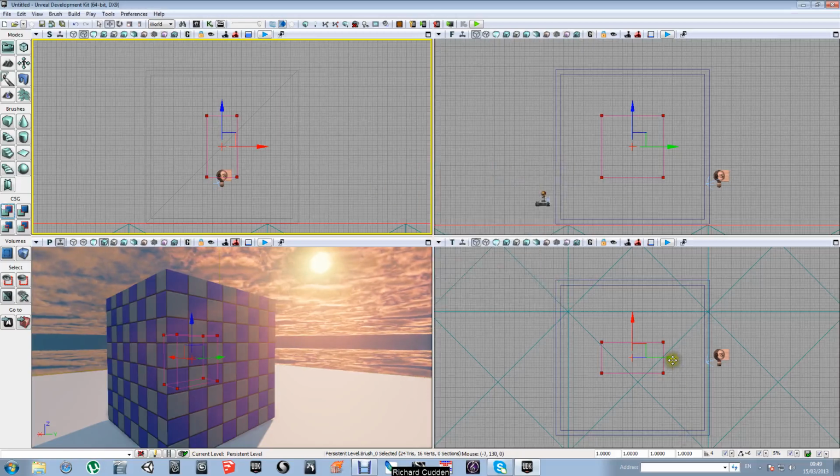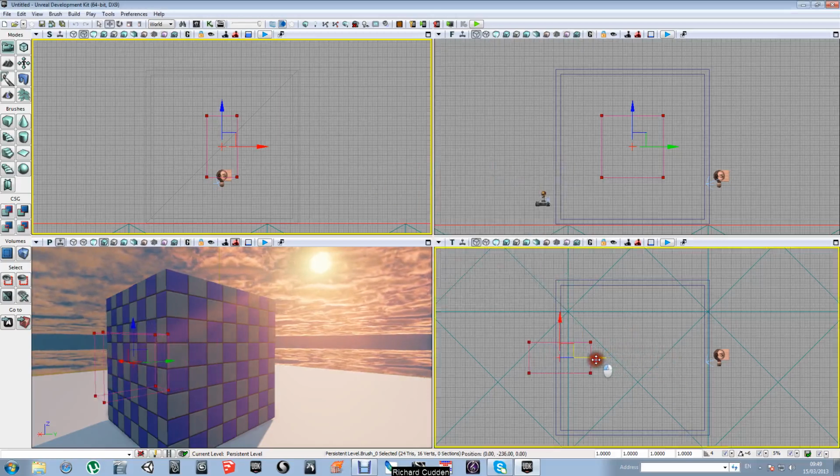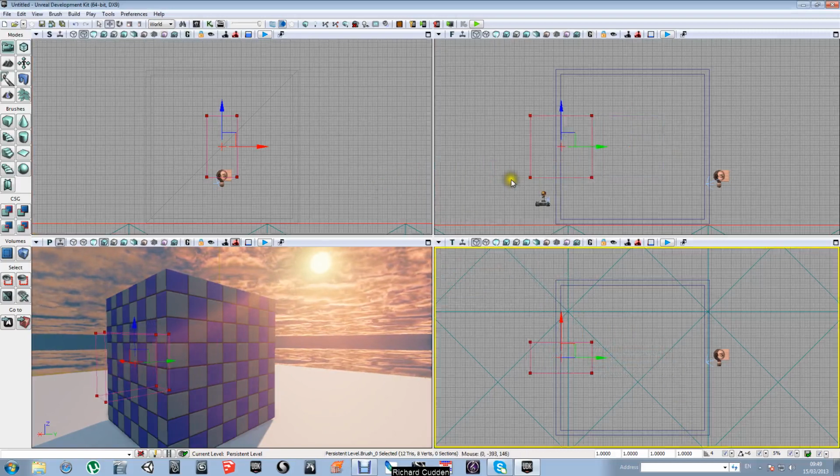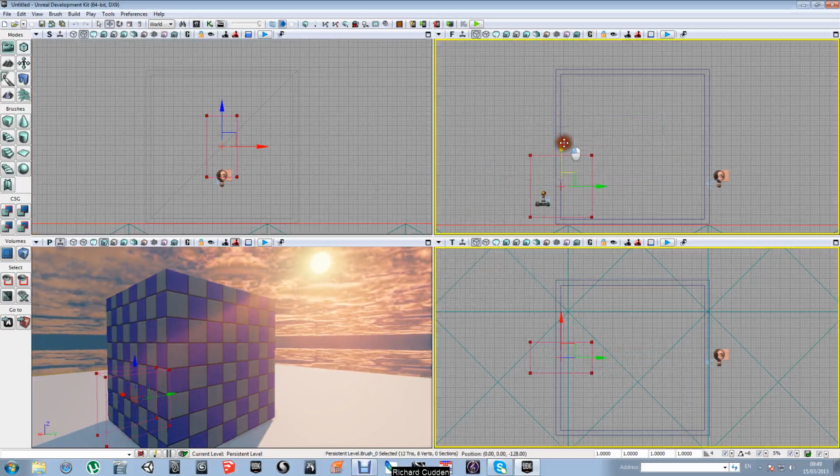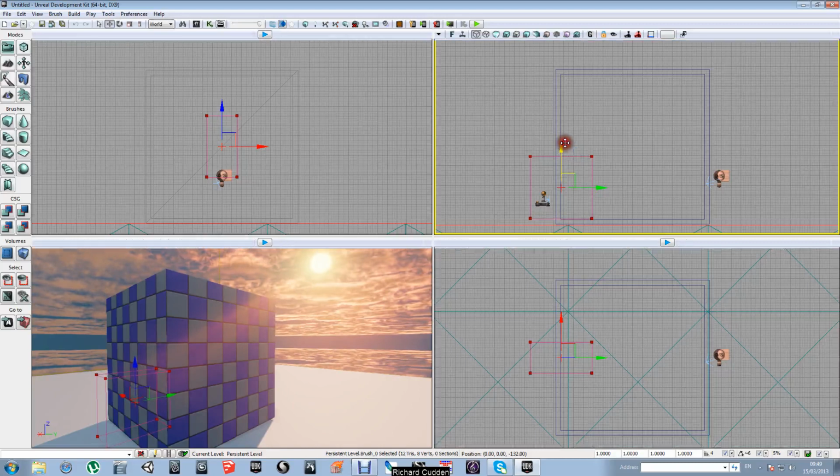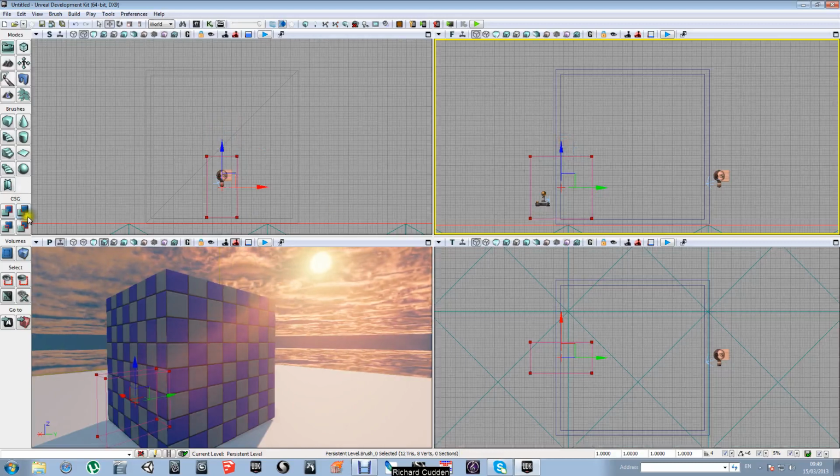Okay, so I just need to position this door. There should be fine, and just pull it down a bit. That should be grand. Okay, so now when we left click on CSG subtract,